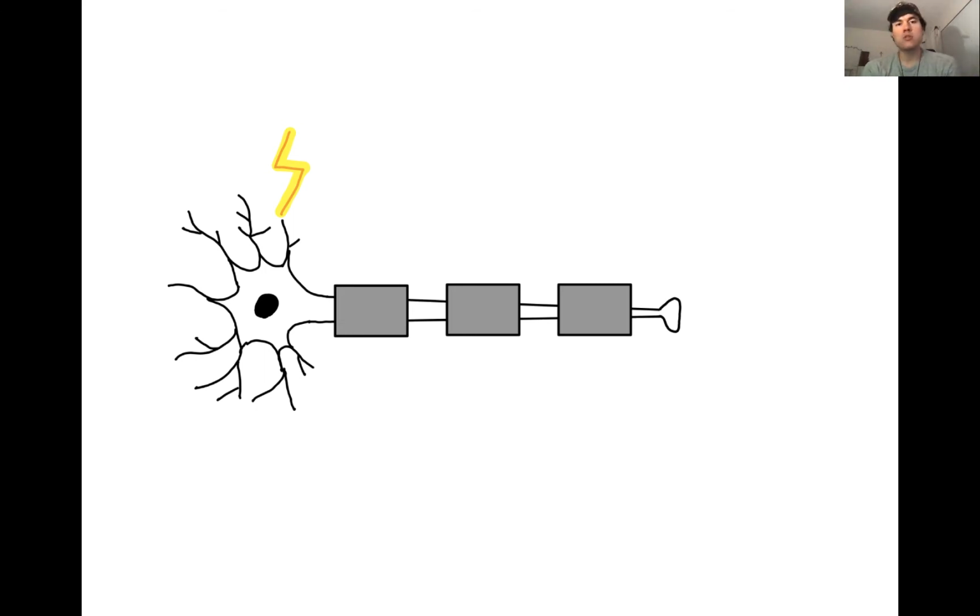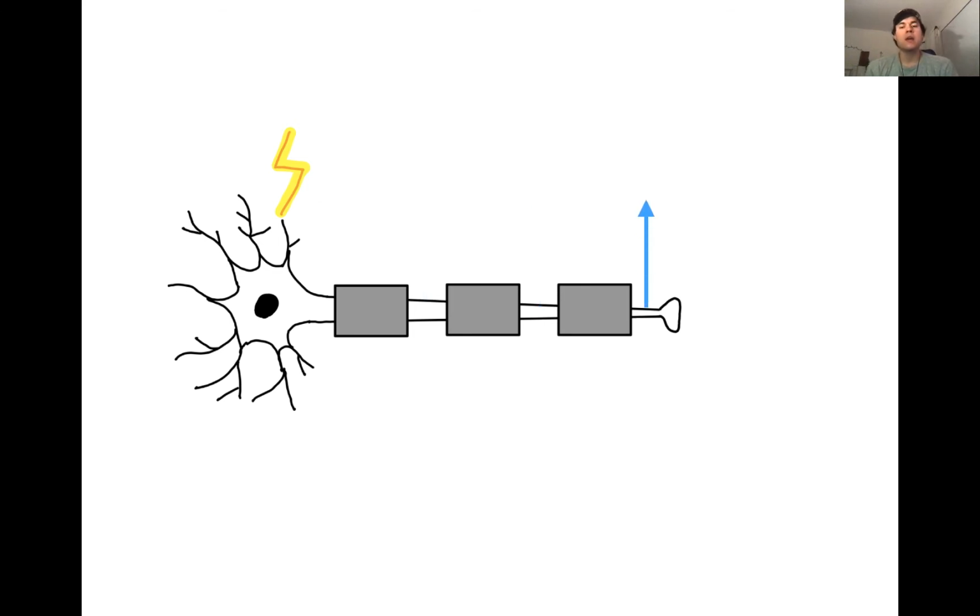Remember that the threshold potential is the cell membrane potential at which the net inward sodium current is greater than the net outward potassium current. And when we get to this threshold potential, an action potential is fired at the node of Ranvier. Now what's going to happen is that this action potential will propagate down the axon until it reaches the